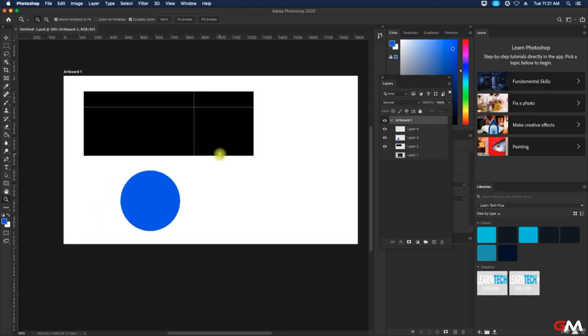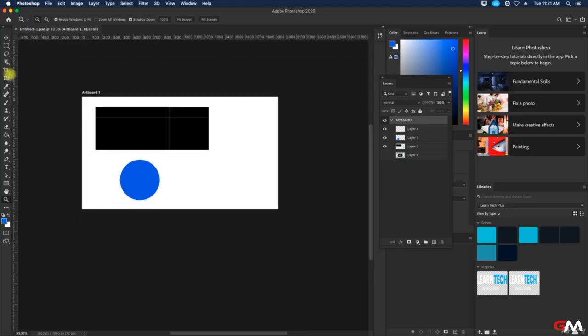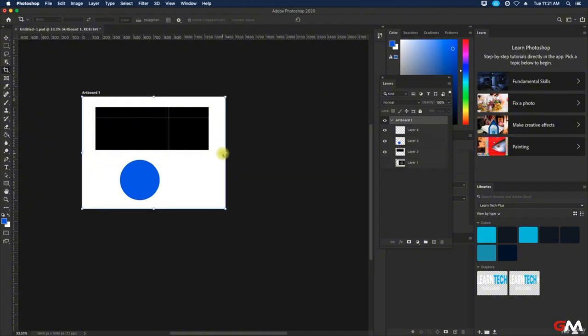So if I zoom out here, all I did is hit the letter Z and then I hold Alt to zoom out. And when I grab the crop tool, it's going to give you these points here. So we can crop inwards or outwards, which will add more canvas to the existing canvas. But I want to crop inwards because I just have these shapes here, so I just want that to show up. So if I just hit Enter,